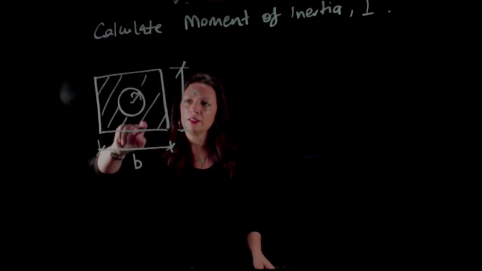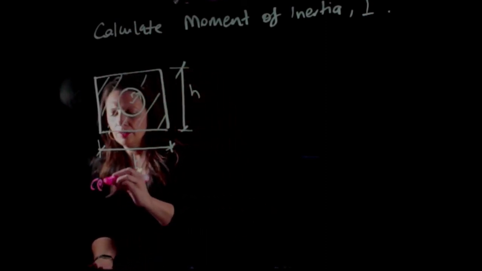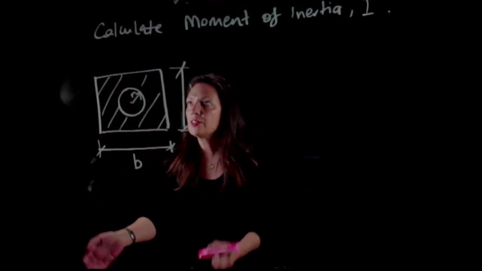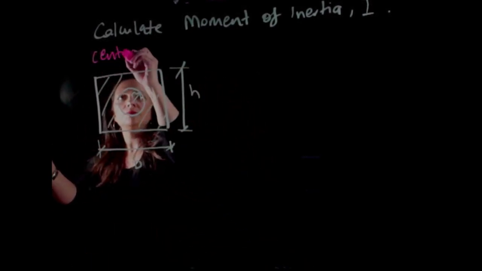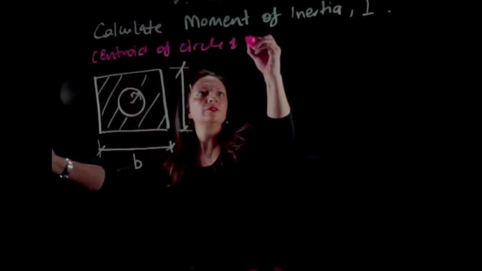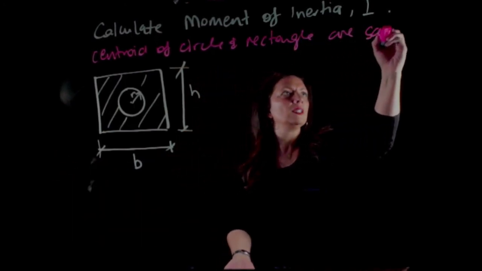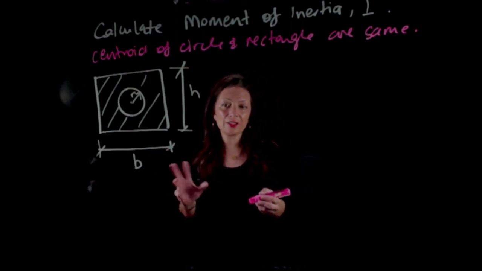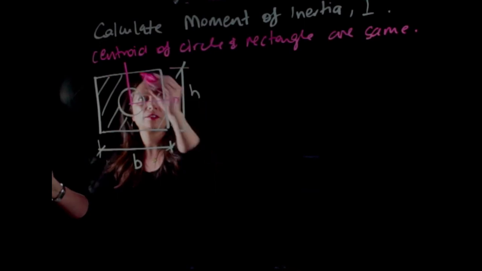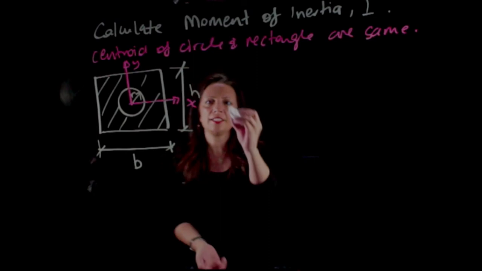So if the centroid of the circle and rectangle are the same, I can simply subtract the two moments of inertia. Here's my Y and my X. So I can actually break that down into